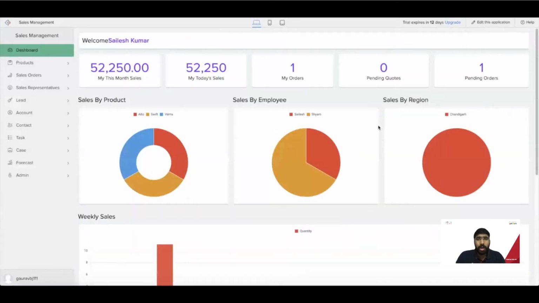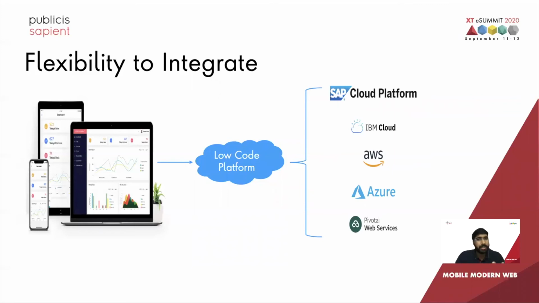You just saw how seamless it was, from creating a design to developing an application and the deployment of the application. By default, your application is hosted on the servers of the low-code platform, but you are not bound to choose that. If you like hosting your application on some other cloud platform like Azure or AWS, you have the flexibility to choose that. You can also integrate your application with third-party web services.